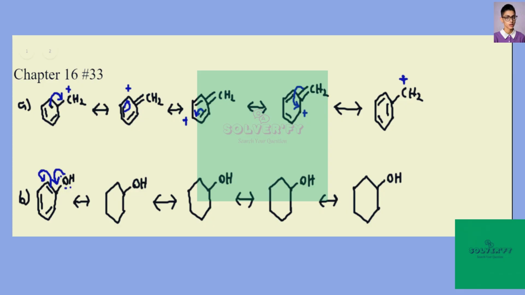And so we'll have only one lone pair on this oxygen now, and a positive charge, and this oxygen will have a double bond. And so we will have this, and there's going to be a lone pair and a negative charge